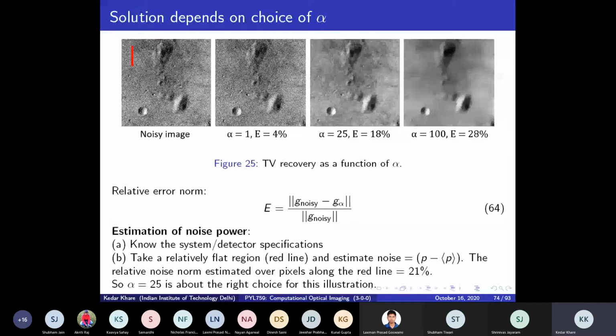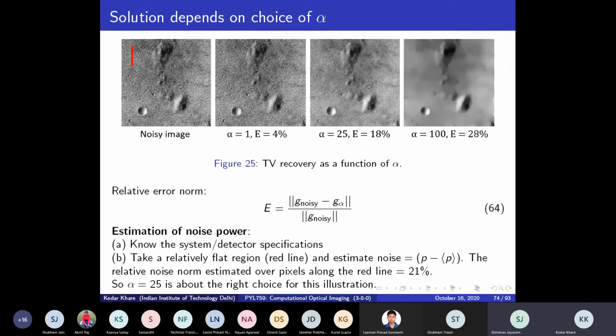But if I try another value of alpha, now my cost function has actually changed, so the minimum of that cost function will be somewhere else, and I will get another image as a solution. Yes, go ahead. Yeah, so for a problem, we are also trying to estimate alpha alongside finding an appropriate initial guess, so that we reach the minimum closer, faster.